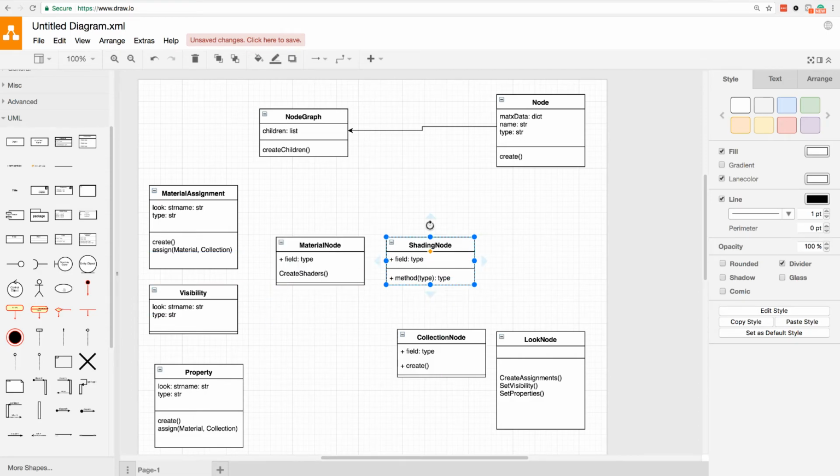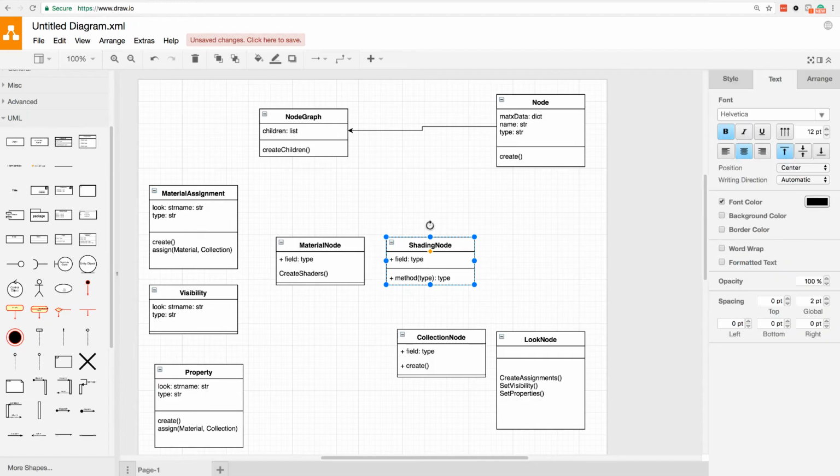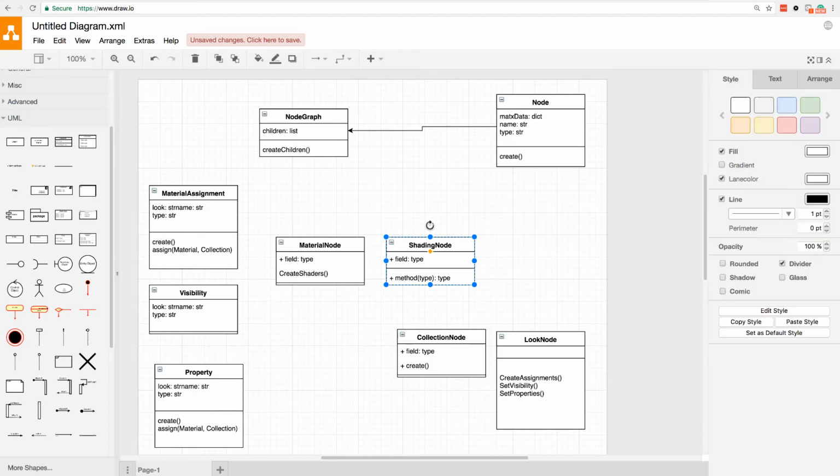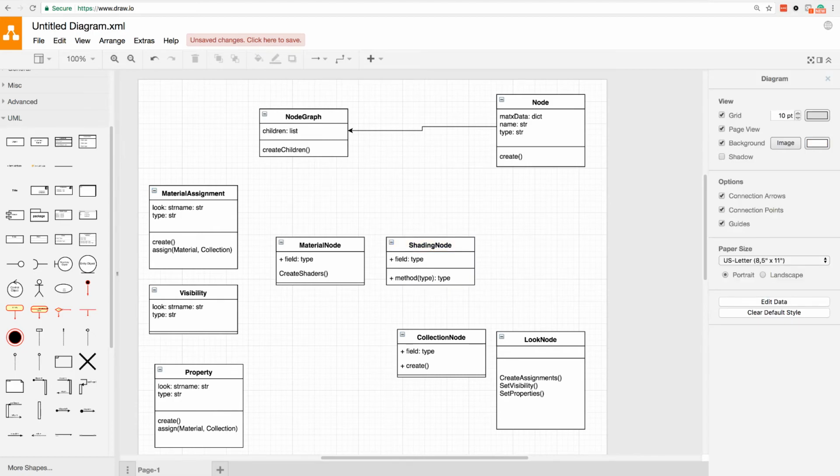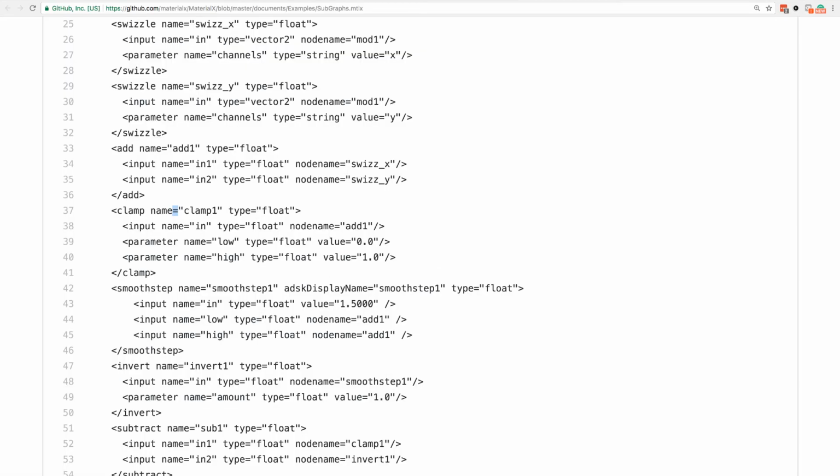Let me see if there's a place where I can put nodes. No, I can't find node. Oh, it has colors. Cute. All right, so we have a shading node that relates one-to-one to something that is going to be inside of Blender, and that's what's going to be like this clamp and smooth steps, inverts, all of this.